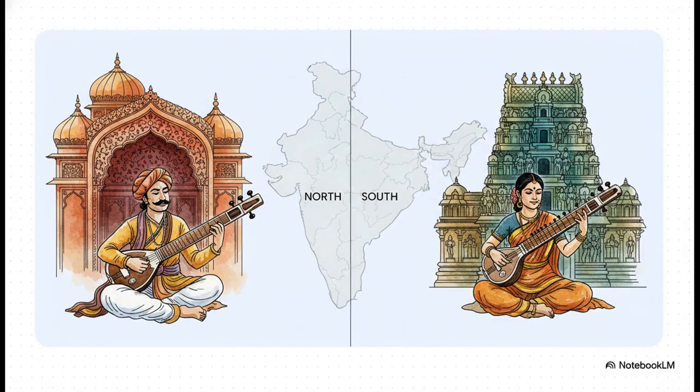And this slide just breaks it down perfectly. Hindustani music, which you find mostly in the north, began to absorb influences from Persian and Islamic cultures over the centuries. You can literally hear it in the instruments and the way the melodies are structured. Meanwhile, Carnatic music in the south stayed more closely tied to its indigenous roots and Hindu temple traditions, with a really strong emphasis on vocal compositions. So you see, two different paths, but from the very same source.